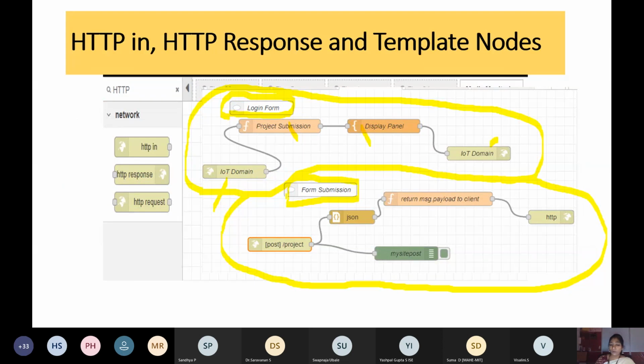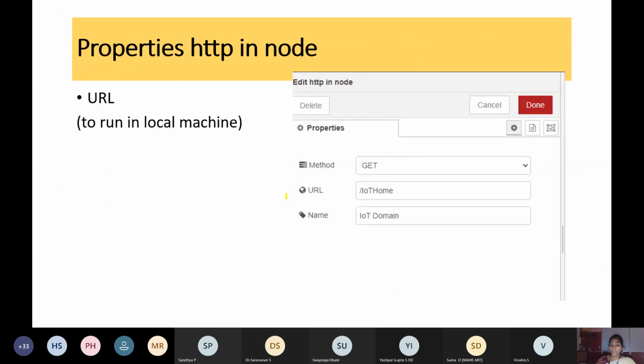So, the flow of design. If you are going to run your HTML code in the local machine, you can specify the URL as slash, and any name you can give. Here I have given slash IoT home.